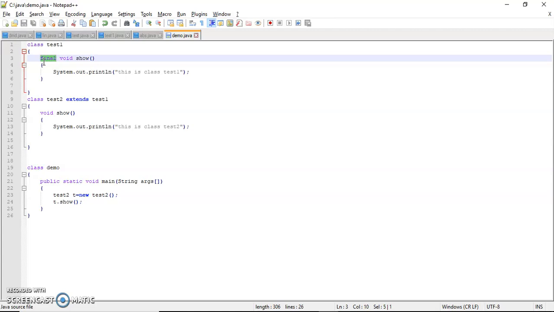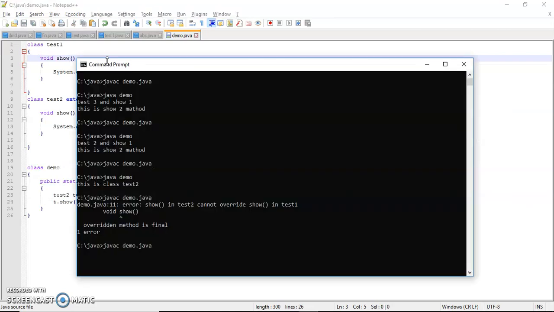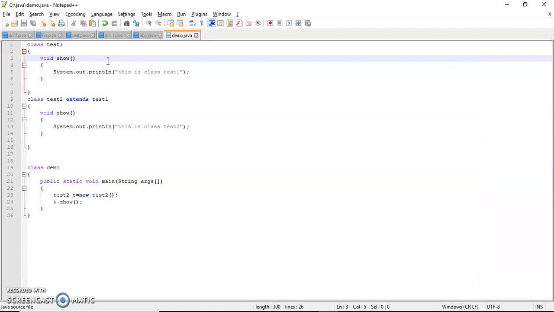So a final method cannot be overridden. This is the first concept of the final method. If you declare a method as final, you cannot override it. If you do not declare it as final, then you can override it.